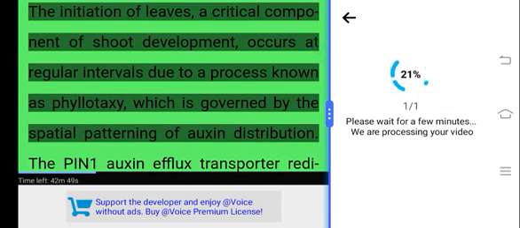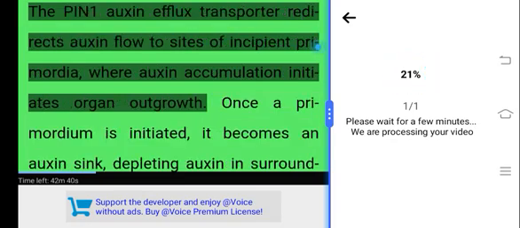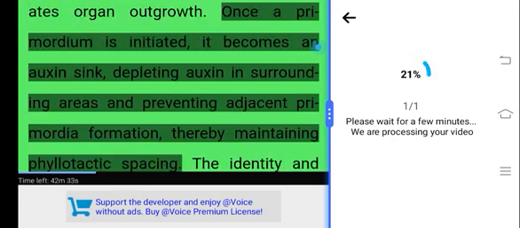The initiation of leaves, a critical component of shoot development, occurs at regular intervals due to a process known as phyllotaxy, which is governed by the spatial patterning of auxin distribution. The PIN1 auxin efflux transporter redirects auxin flow to sites of incipient primordia, where auxin accumulation initiates organ outgrowth. Once a primordium is initiated, it becomes an auxin sink, depleting auxin in surrounding areas and preventing adjacent primordia formation, thereby